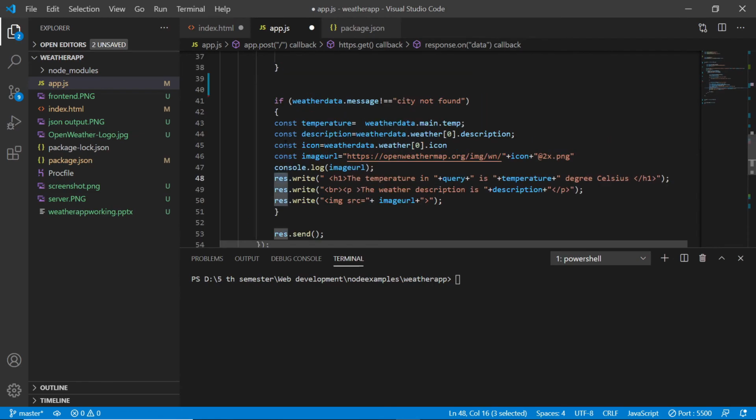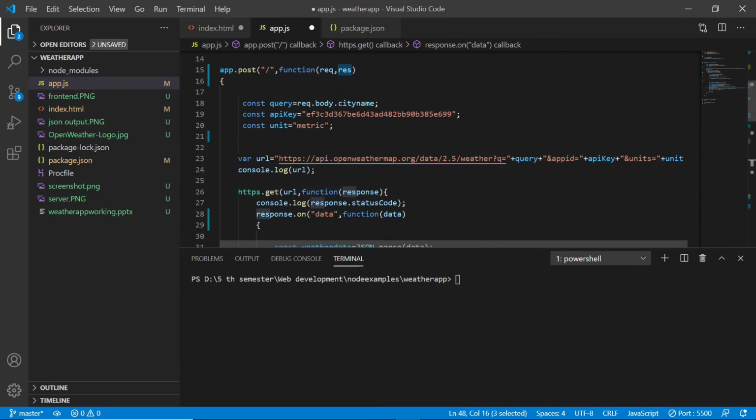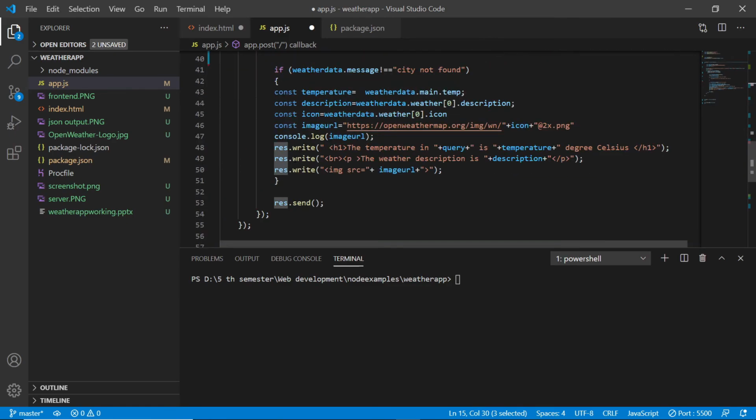Now this response is from this post request. So these three are responses to the post request made to the home page. The temperature is this query name, this city, and this is the temperature in degrees Celsius.